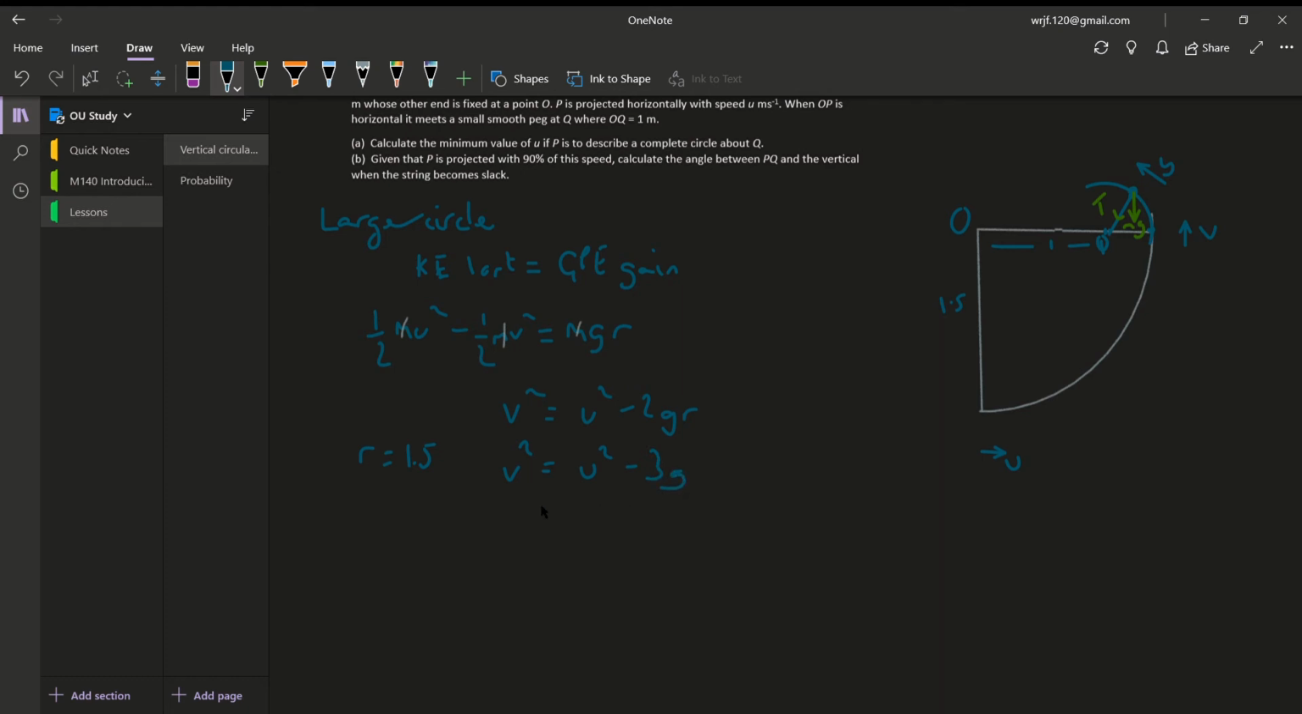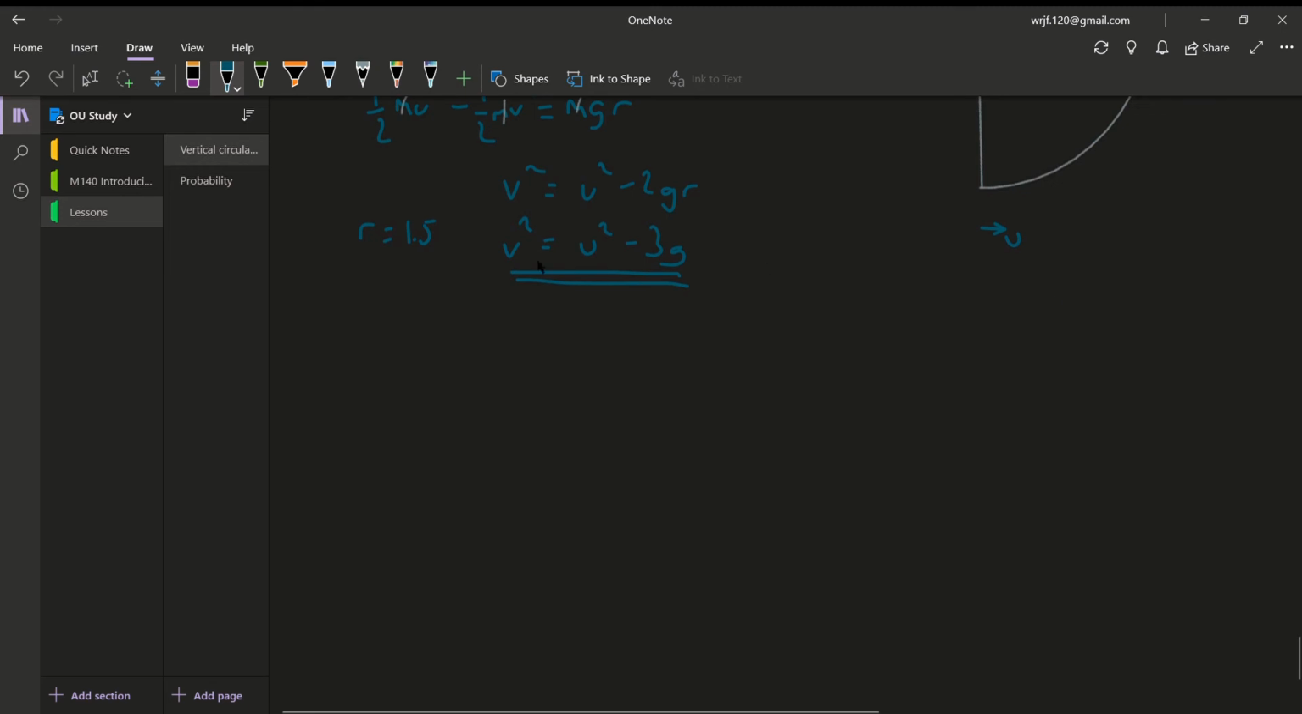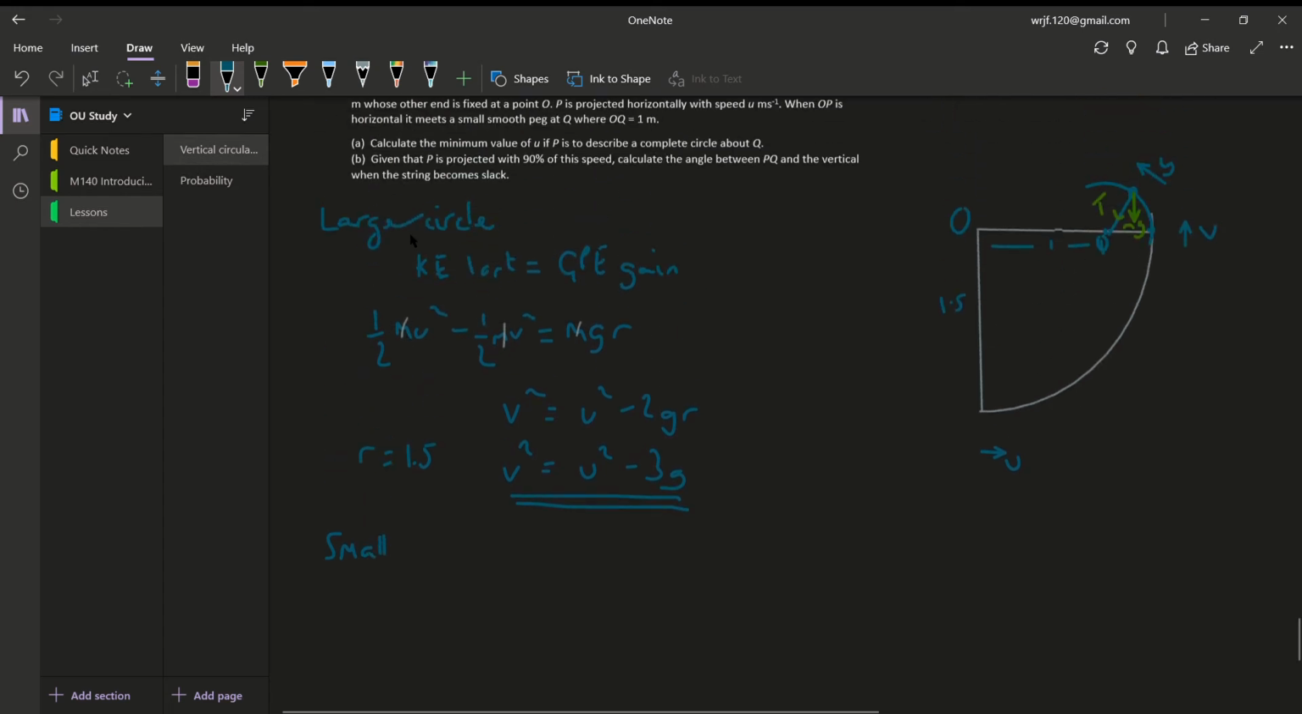So now we've got an expression for v, or v squared anyway, at the beginning of the small circular journey. So I'm going to start working on the small circle now. And with the small circle, we want to find something about when it's going to